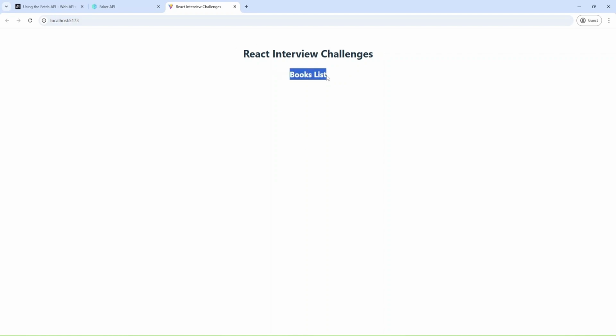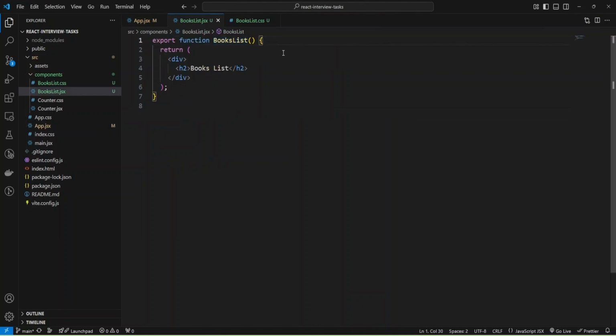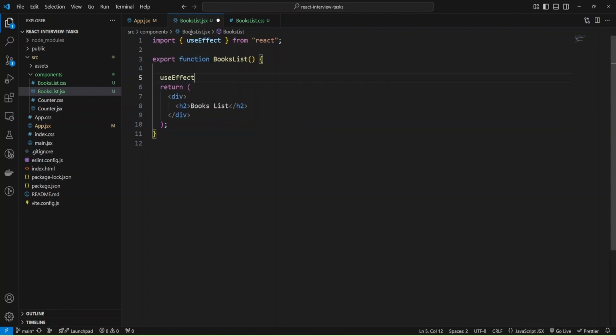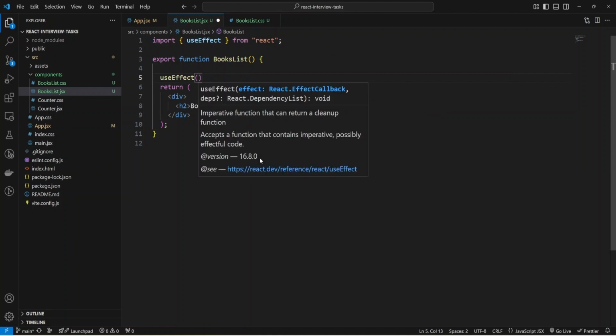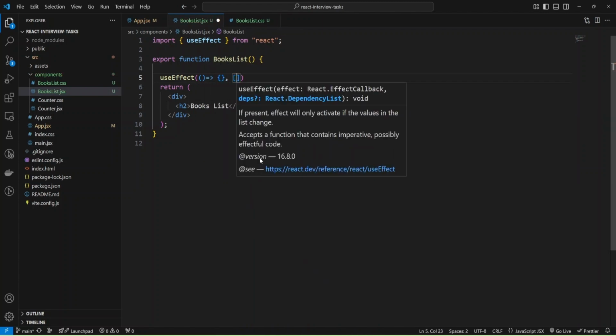Okay, and we have our header, and now we can fetch the data, and for that I need hook useEffect, and as you can see, import was added, and for useEffect I need to provide function that will be called after dependencies were changed, and let me provide empty function, and as dependencies I'll use empty array, and the function inside useEffect will be called after component was mounted.